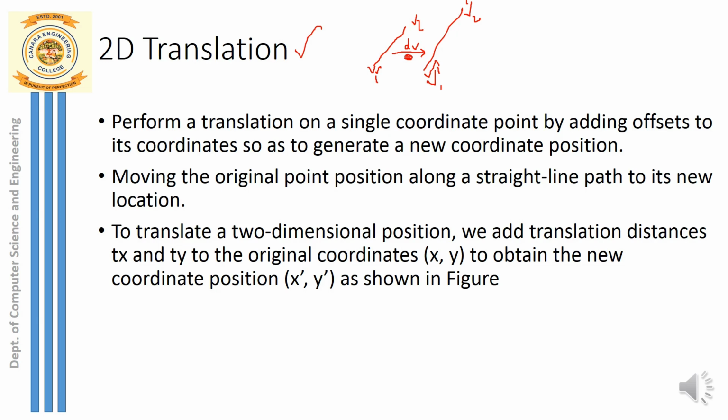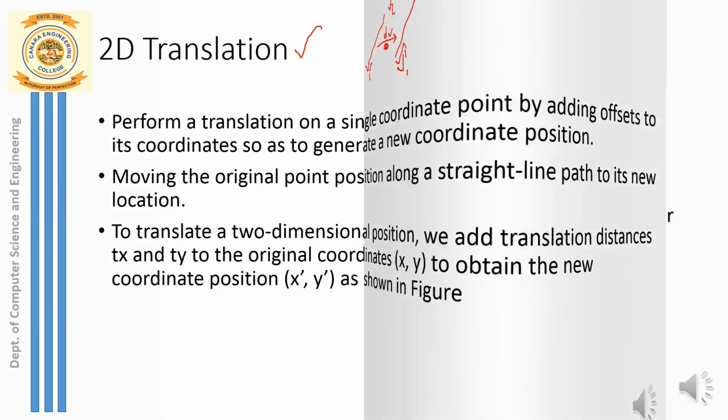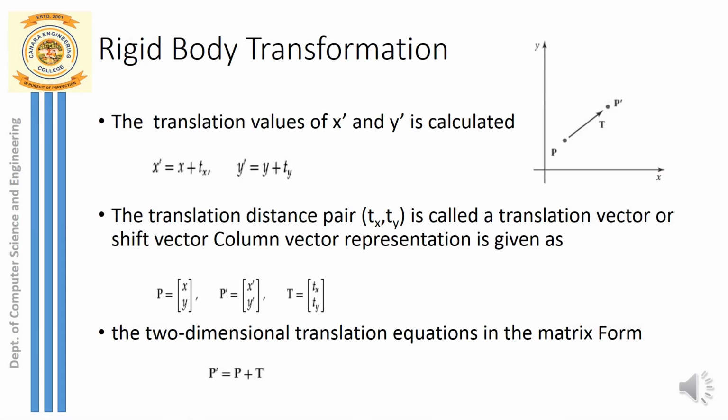So let us see this in more detail, how to obtain the translation, or how to calculate the translation in the form of a matrix. We will now see an example of translation. Here again I'm taking a line as an object. In my example I had taken a line, but here a point is shown. So how to displace a point, how to translate a point from the old position to the new position. This is a very basic example which is very easy for you all to understand.